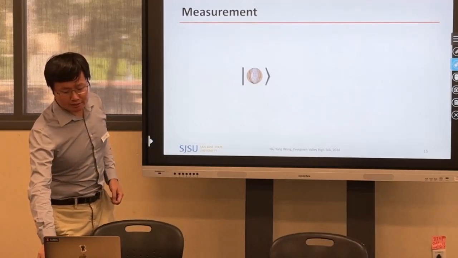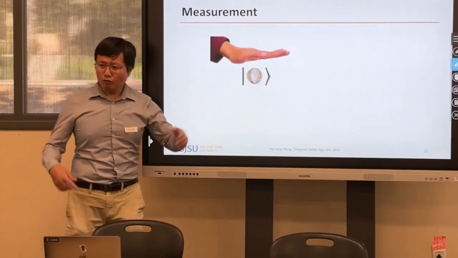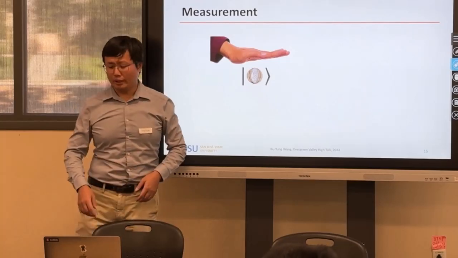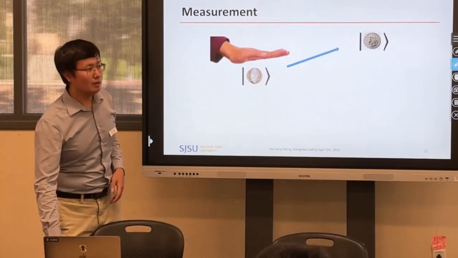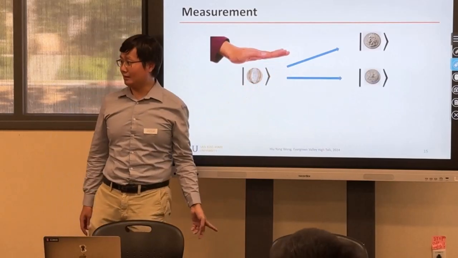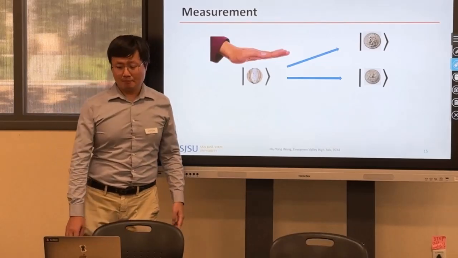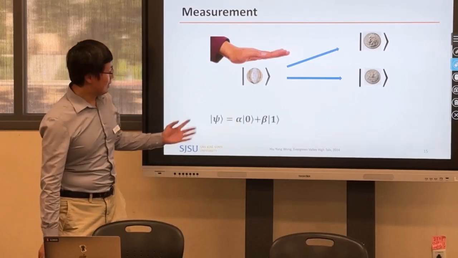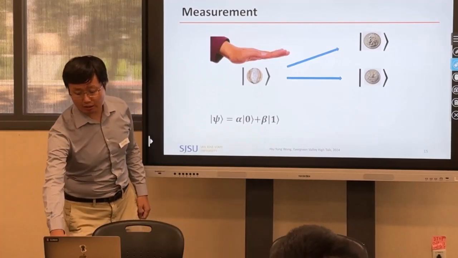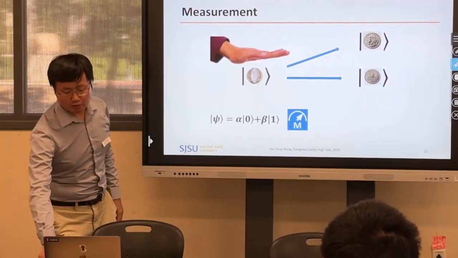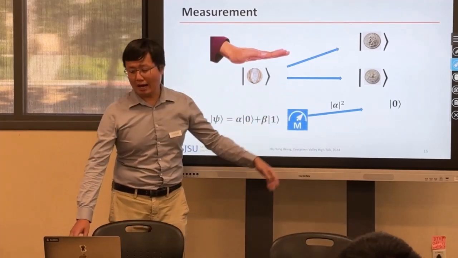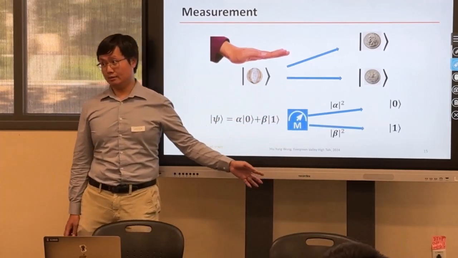But unfortunately, by quantum mechanics, if your coin is spinning, how do you know whether it's up or down? No way, right? Unless you stop it. You stop it, it can be up or it can be down, right? Same for quantum mechanics. If you have a state in a superposition of 0 and 1, and you measure it using any physical method, we say that the wave function, the state, will collapse to either 0 or to 1,